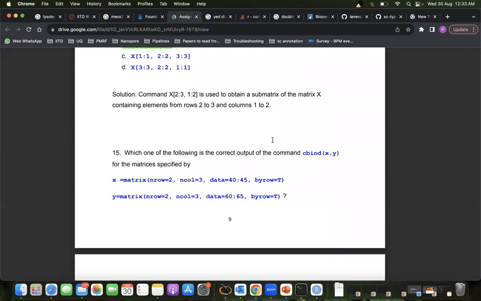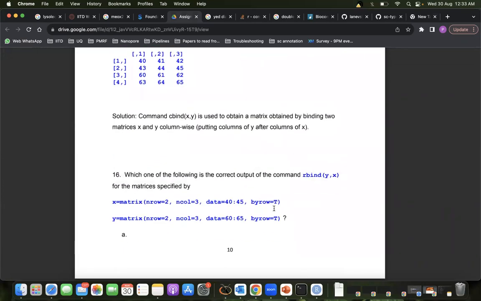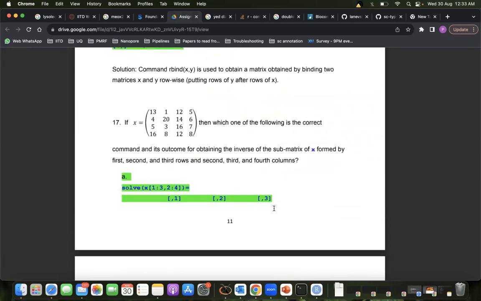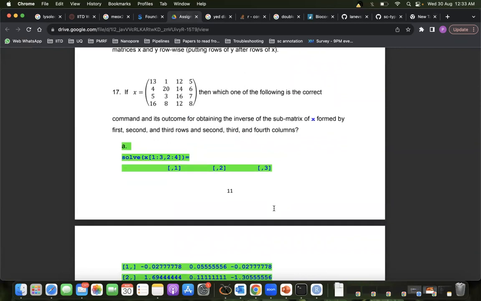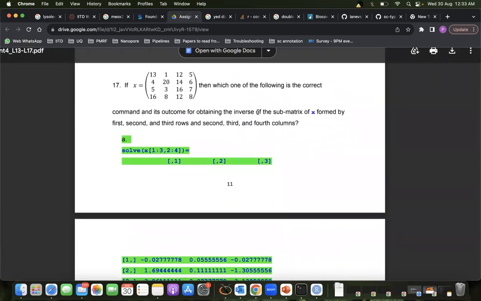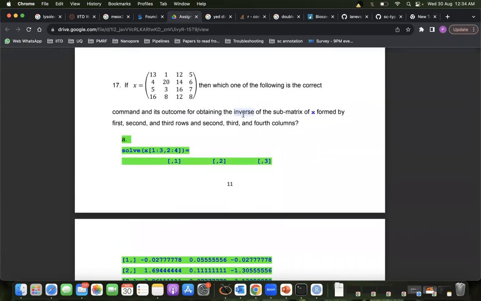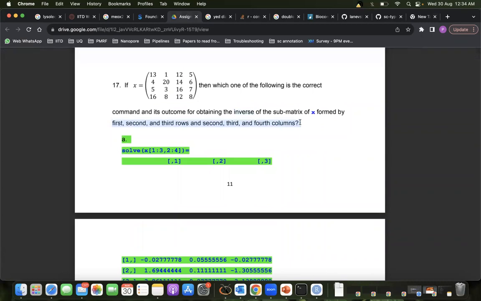And then if you do a C bind of these 2 matrices, what do you get? If you do an R bind, what do you get? And solve gives you the inverse, right? So if you want to find the inverse of a submatrix which is formed by this, you have to write it opposite.